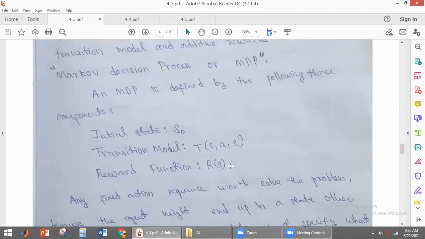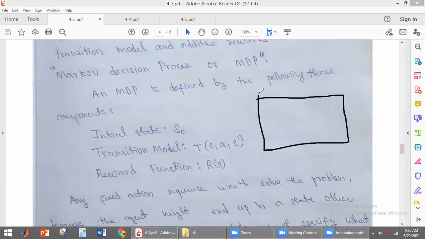We have discussed the environment in the transition model. The agent has to start from the starting state and reach the terminal state. And here we have a barrier, so there is a wall here. The agent cannot move here. Here it has +1 and here it has -1. The agent has to start from this location.